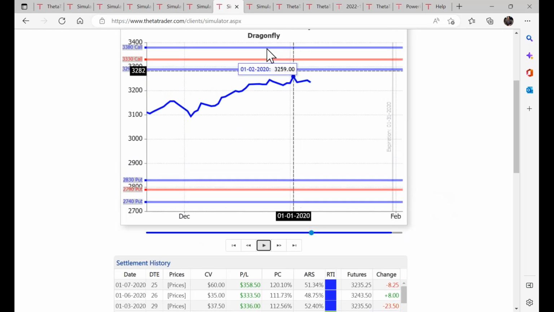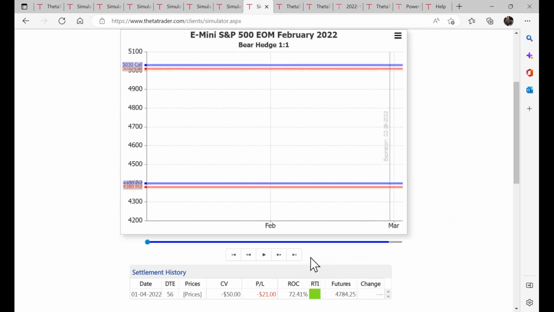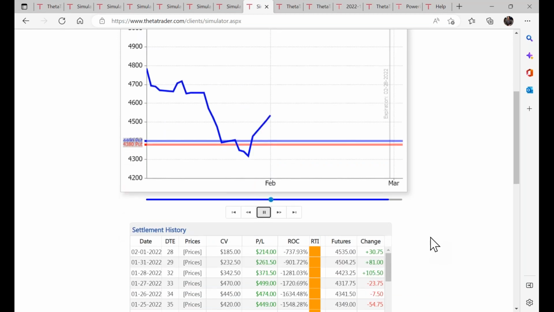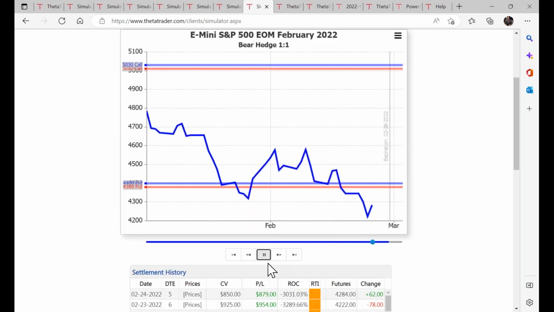Sort of an interesting dynamic. And of course, we talked about the bear hedge briefly. So if you are bearish, you could sell an out of the money call spread, buy an out of the money put spread. If the market drops like a rock, of course, this will do well. Don't worry about the colors on this one here. But you can see this, of course, worked out well.